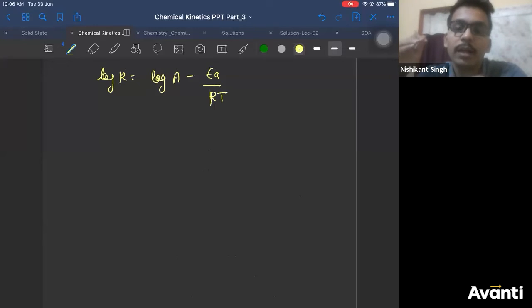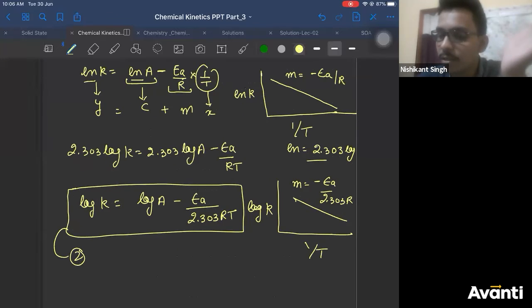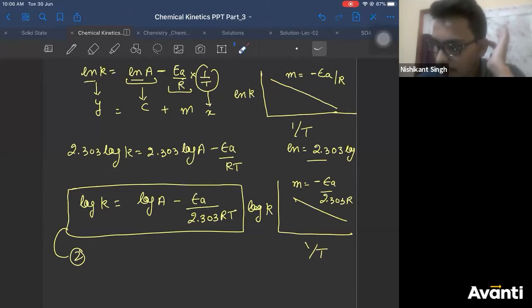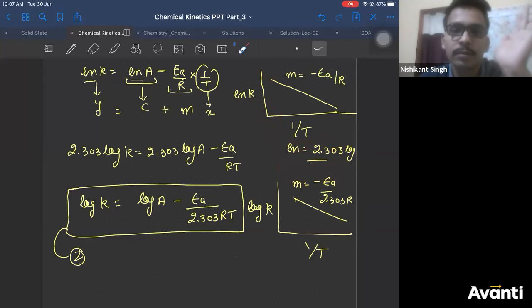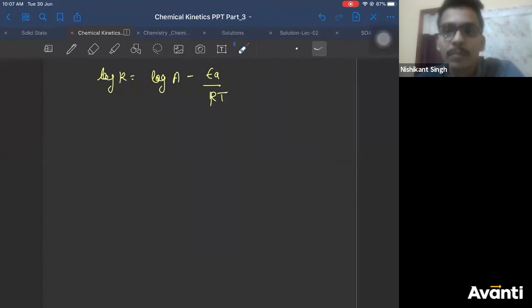But Naren, I don't know what NCERT means here, beta. Naren, I have given you the logical reason. You can mail NCERT and ask them why they have touched it on the y-axis. My logic says it should not touch. Why should it not touch? It will touch when your 1 by T becomes 0, and 1 by T becomes 0 means temperature should tend to infinity, which is not possible. Right, this is what I have studied. It should not touch.